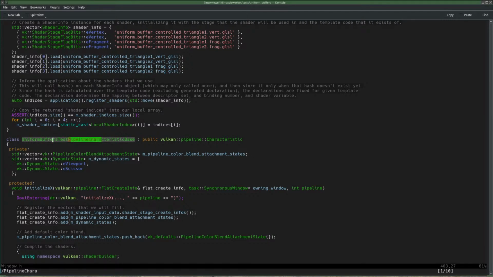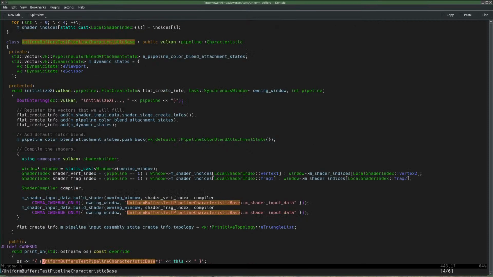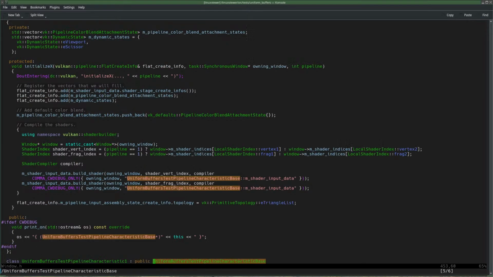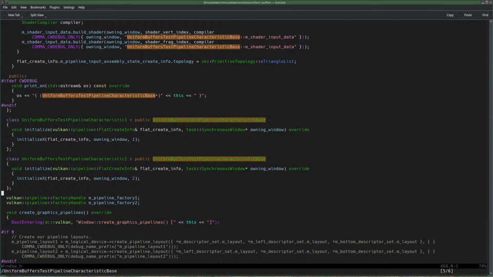Uniform tests, but why is that called base? Because I have more of them. Okay. Well, that's just because of the 1 and the 2 difference. So in the end, they're going to call initialize x.